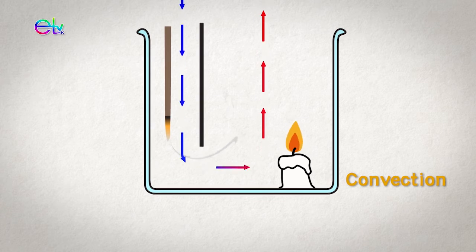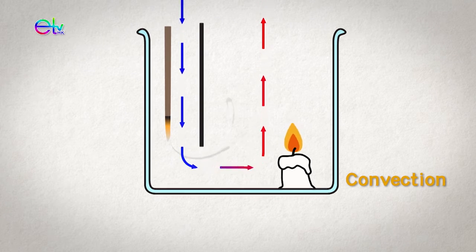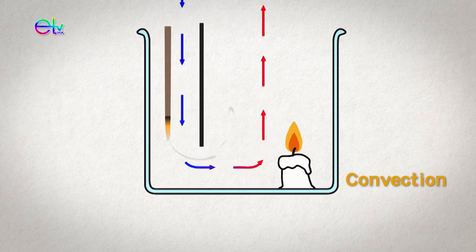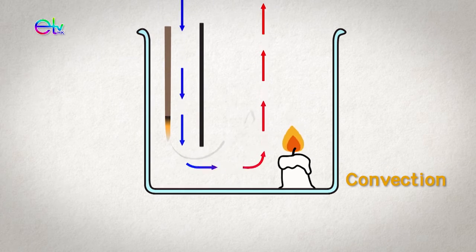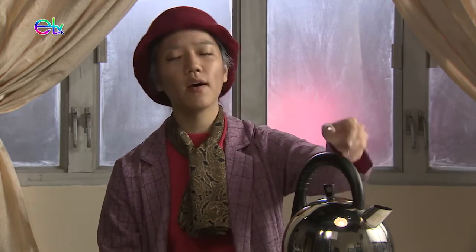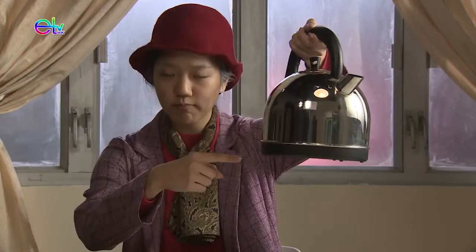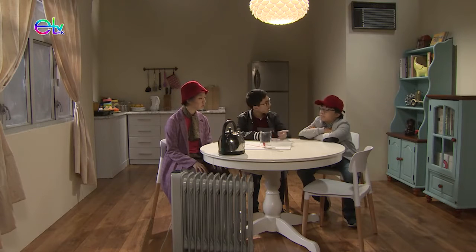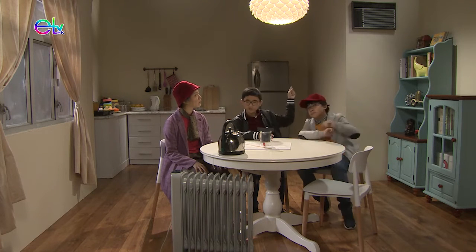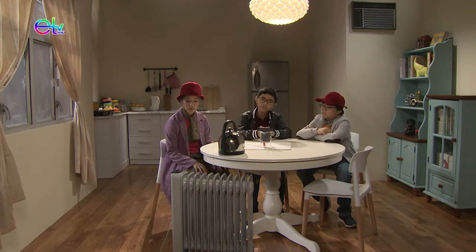In the candle experiment just now, we saw that the smoke was moving in this manner. The air above the candle went up after being heated, and the cold air around it went down to fill the space where the heated air was. Convection can happen in both liquid and gas. The heating element in this electric kettle is installed at the bottom so that water can be heated through convection more effectively. So when we install an air con high up on the wall and put a heater on the floor, we're using the principle of